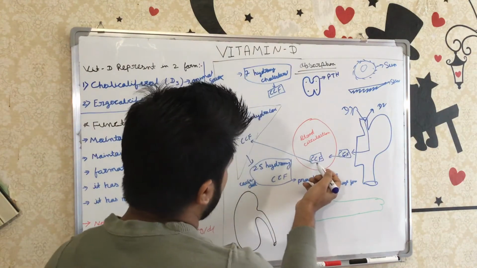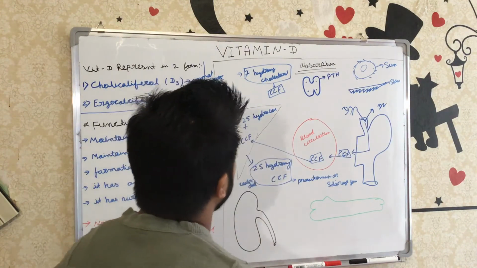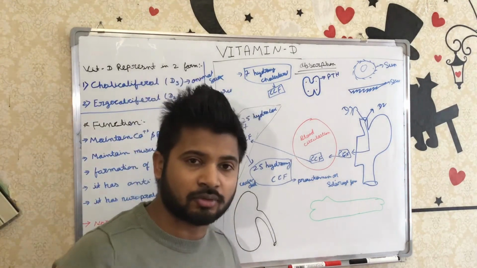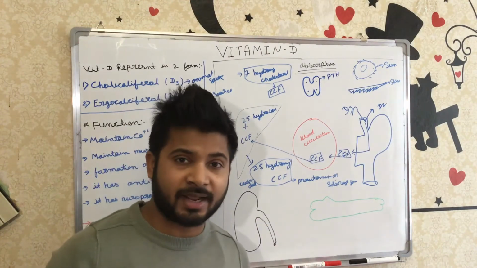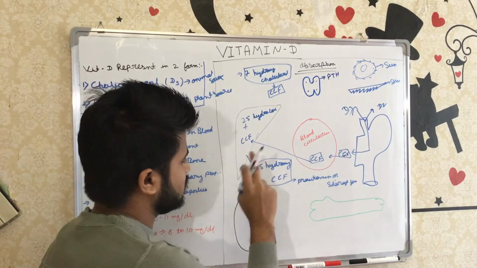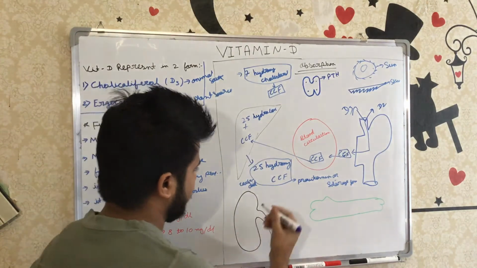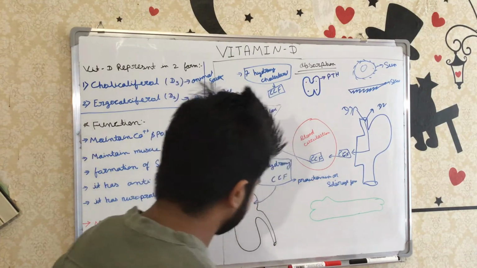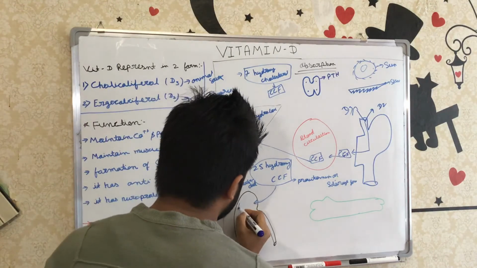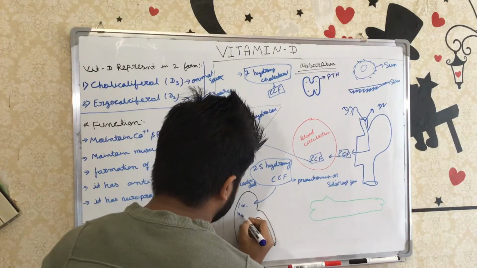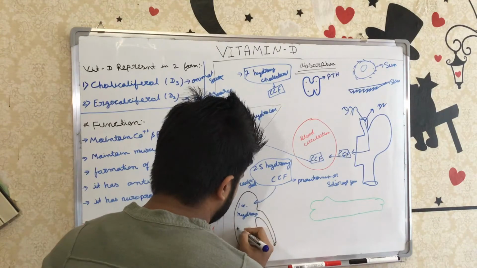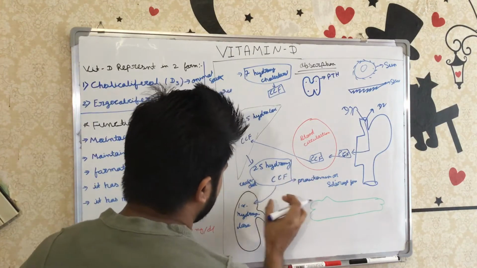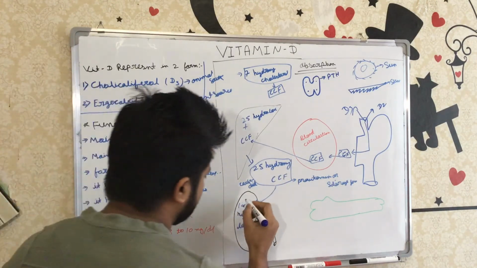So now cholecalciferol reaches the liver, and by the help of the liver enzyme 25 hydroxylase, it makes 25 hydroxy cholecalciferol, but it's still not active. The first hydroxylation is done. For the second hydroxylation, it has to go to the kidney. In the kidney, there is a very special enzyme, the 1-alpha hydroxylase. Now 25 hydroxy cholecalciferol reaches the kidney, and by the help of this enzyme,